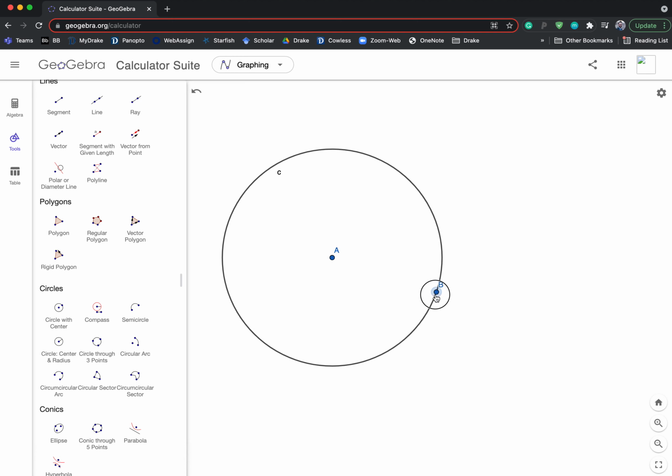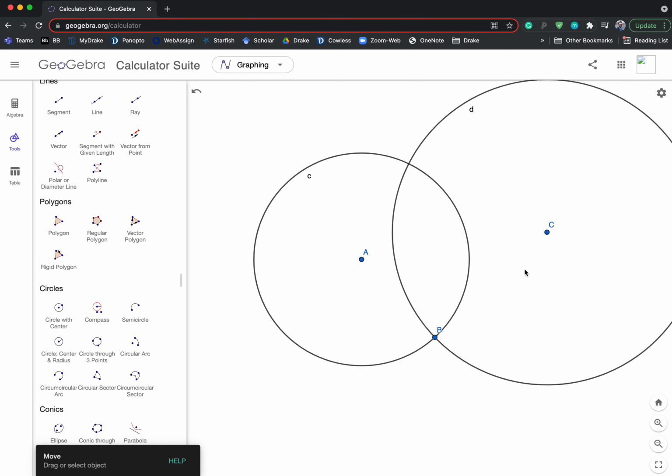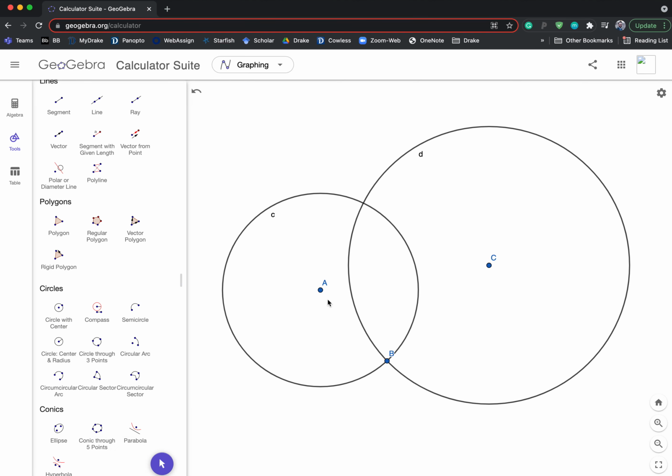a little bit to clearly see what's going on here, and then I'm gonna create another circle and then pick any point outside my first circle, because that's gonna be the center for the second one, and then I'm gonna end this second circle right on that point B. And so as you can see, now I have these two circles with different radius, and those intersection points